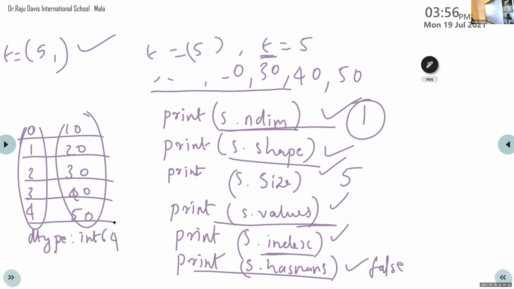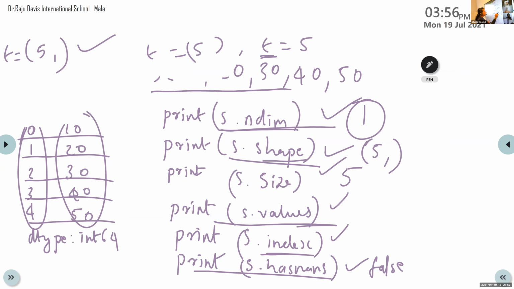So the result is 5 comma, because only one value is there in this tuple. Shape returns a tuple, and in that tuple only one element is there. Shape is the attribute that returns the number of rows in the form of a tuple.